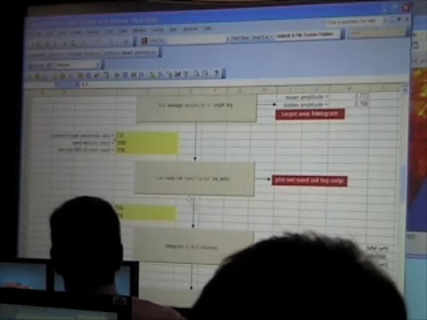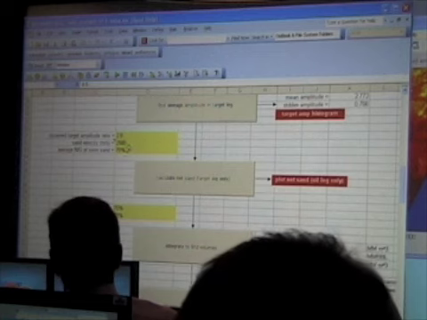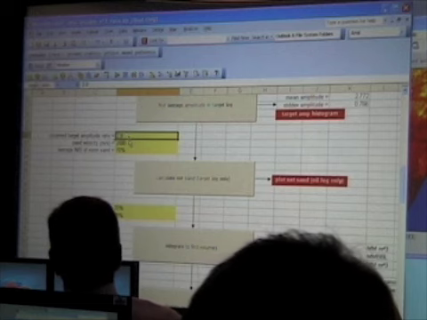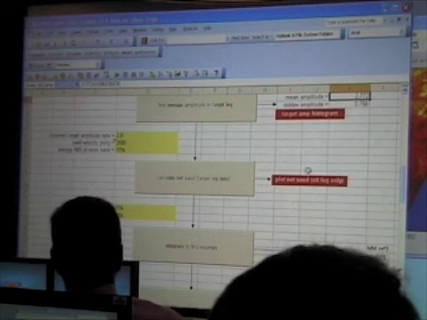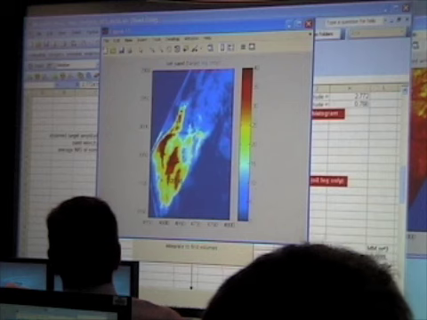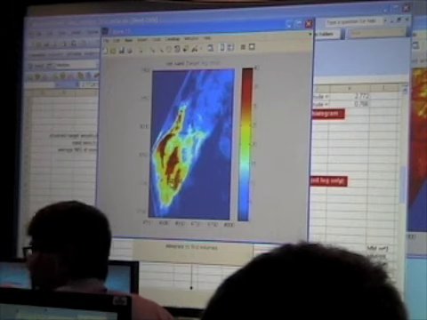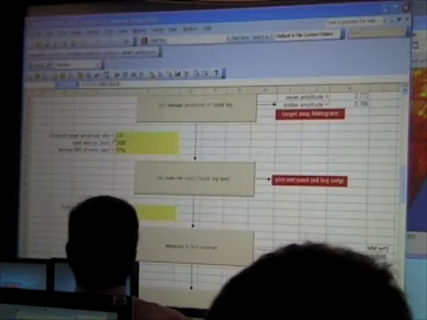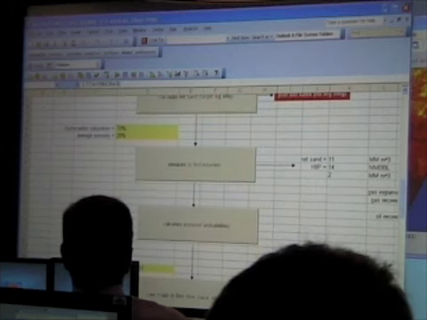You can then go and do this, calculate the net sand. You need to give it that net to gross, the sand velocity, and the expected amplitude for oil, which you can see is fairly close to the mean amplitude. Then you can calculate the net sand. This is in meters, and you can see at the well location it was 22 meters, which should be compared to the well value. And we'll talk a little bit more about that as we go through the